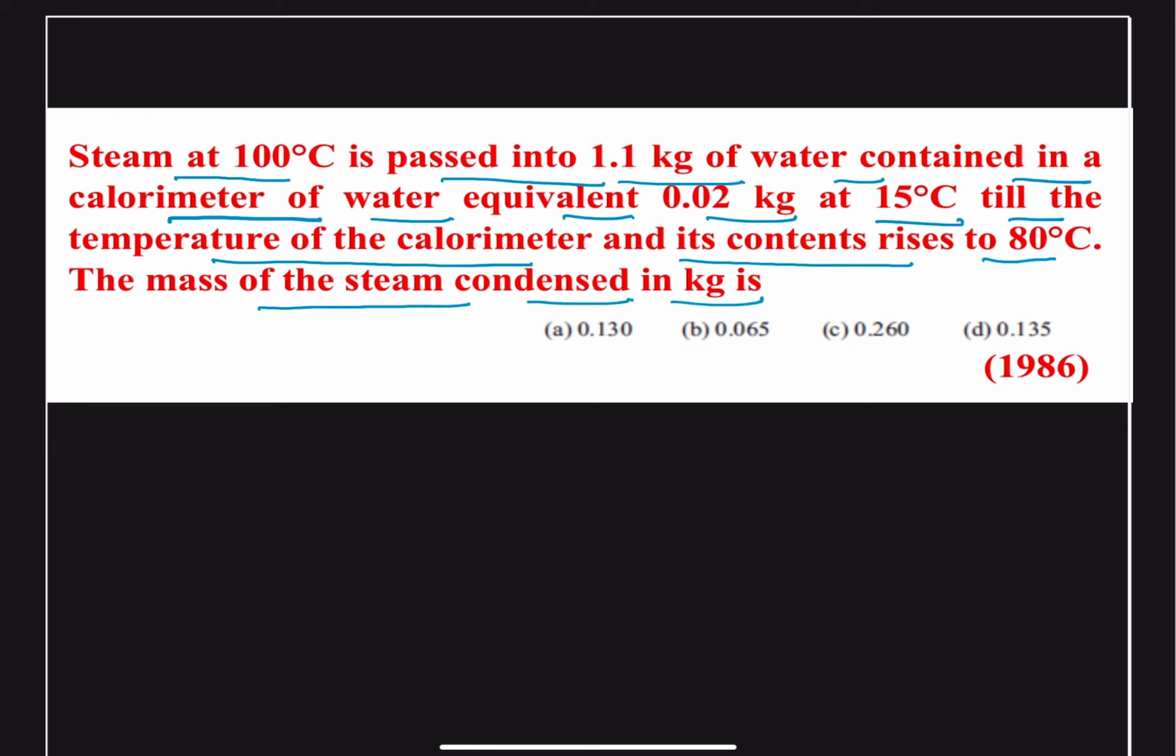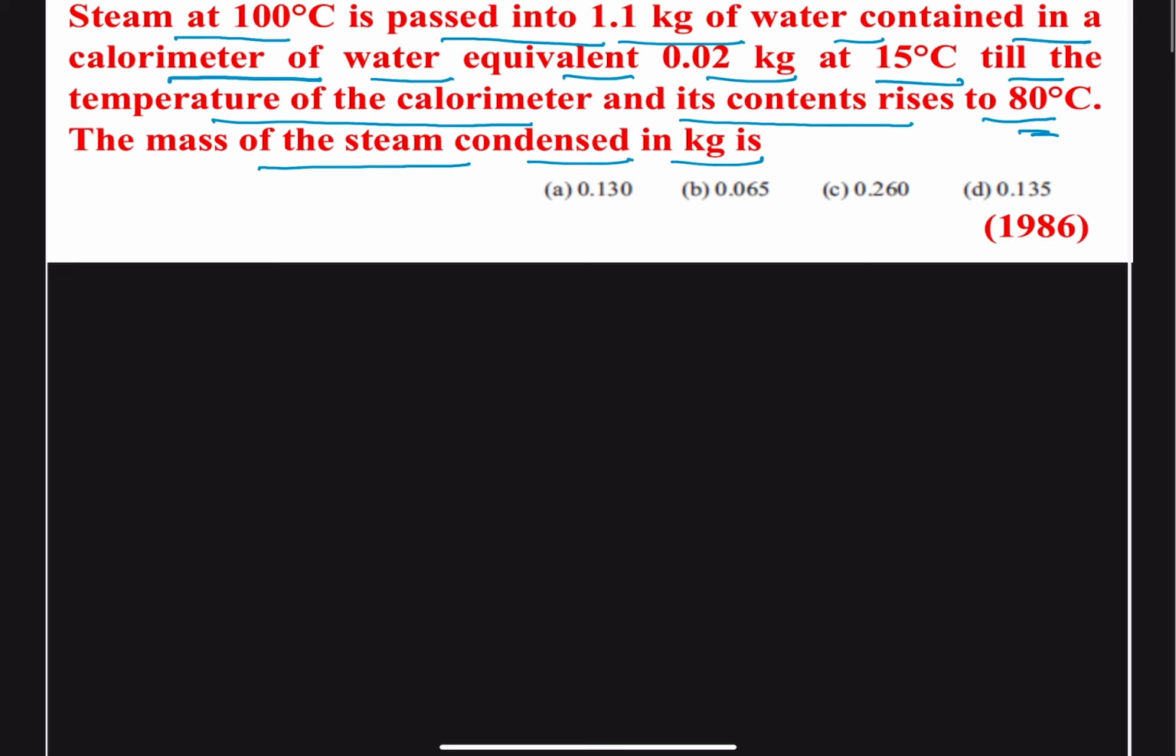So this question is based on the principle of conservation of energy. It means the heat gained by the water and the calorimeter will be equal to the heat lost by the steam during condensation and cooling, which is supposed to happen at the temperature of 80 degrees centigrade. We start from there only. We say the principle of conservation of energy